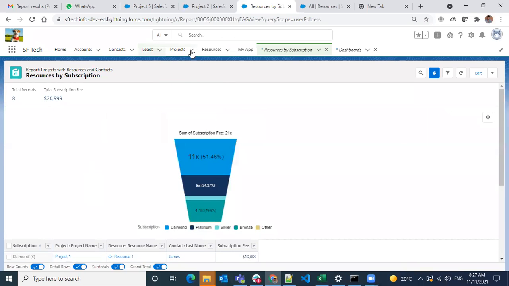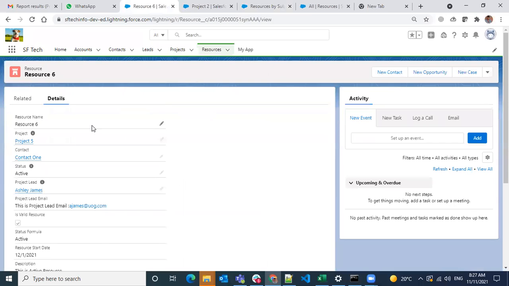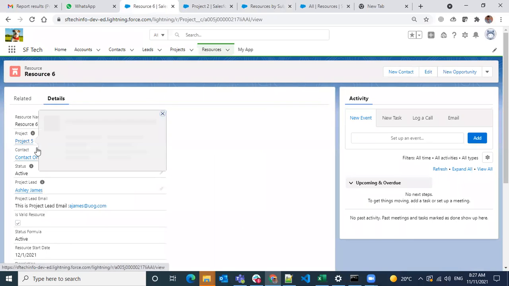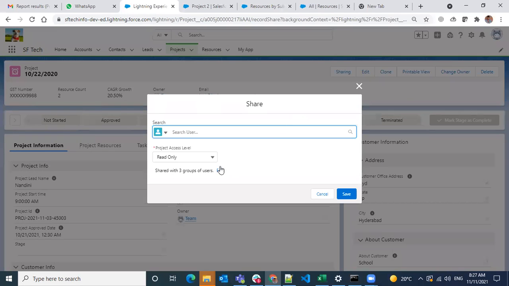Yeah, so if we go to resource 6 and project 5, the owner is a team and maybe I don't have access. There is a reason.